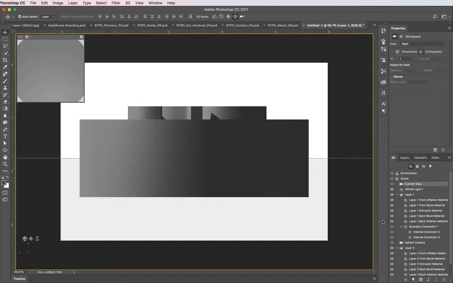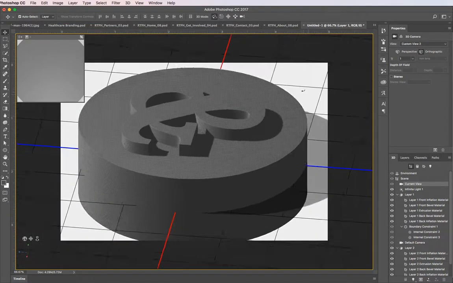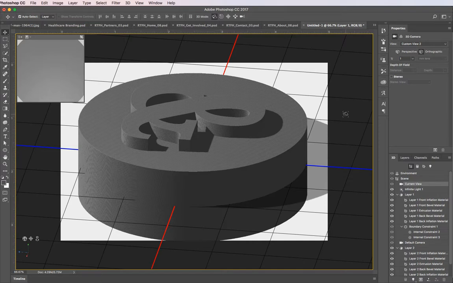There we go. So that's how we merge these two objects together. So now if I just take the orbit view, you can see we basically have this finished shape. So the last thing we want to do if we're going to print this is actually go ahead and go